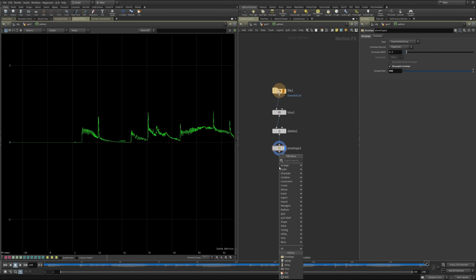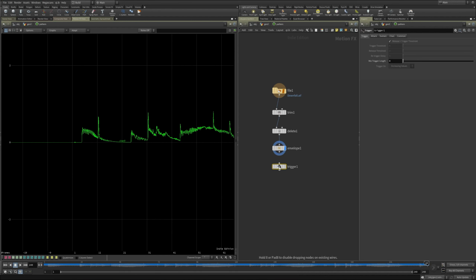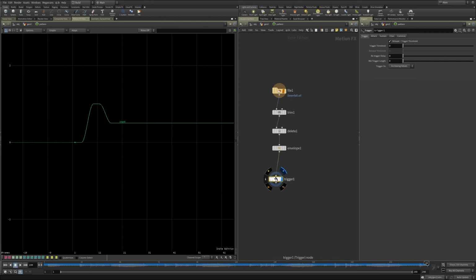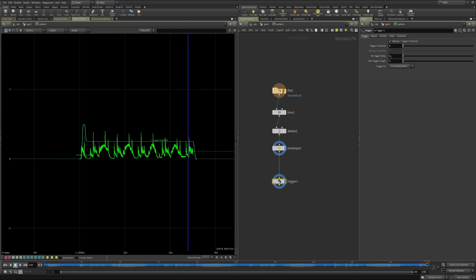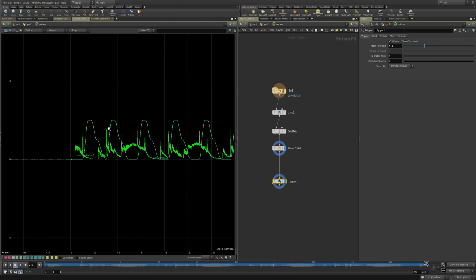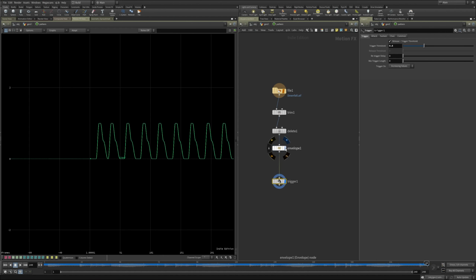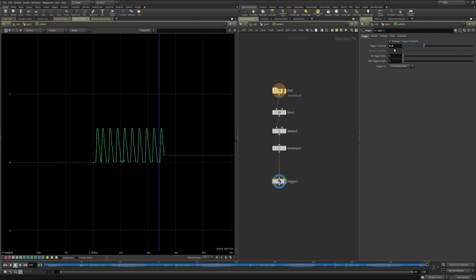Now what I want to do is use the trigger CHOP, and I don't think that I've been able to go over this in any past CHOPs tutorials, but it's a really useful CHOP if you want to sync anything with audio. The way it works is it's got a threshold, and what it looks for is either increasing or decreasing values. And then at this threshold, when there's a value change, when there's an increase in your value, it's going to register one of these pulses. So I'm just going to turn off my envelope for a second so you can see it. And you can see as you start to play with the threshold, you get more or less registers of that trigger.